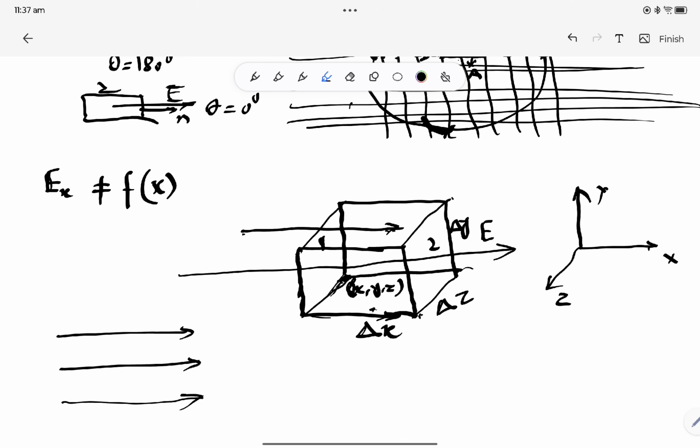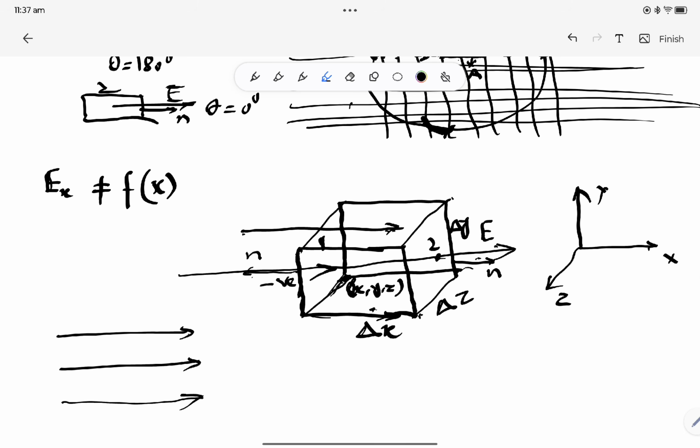Why will the flux be 0? You can check it easily. When an electric field line enters the surface here, it will contribute negative flux, because the outward normal is directed this way. And when it leaves here, it will contribute positive flux, equal to this but positive, because the normal is now along the field, the angle is 0 degrees. So when we add up these two,